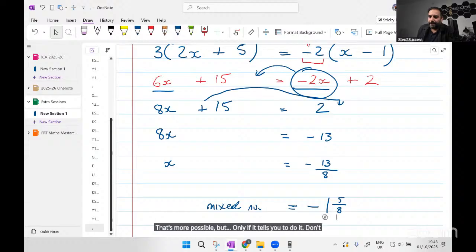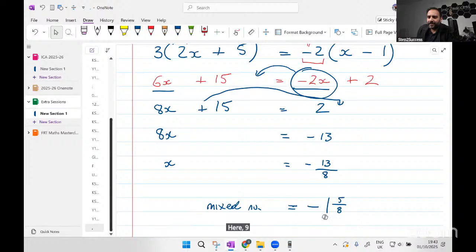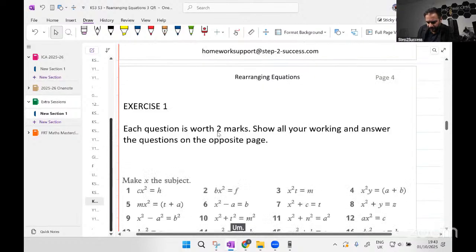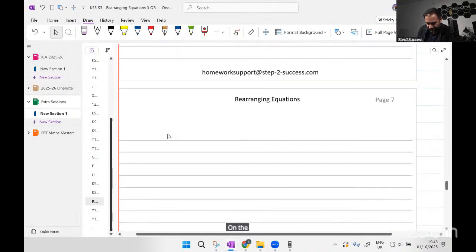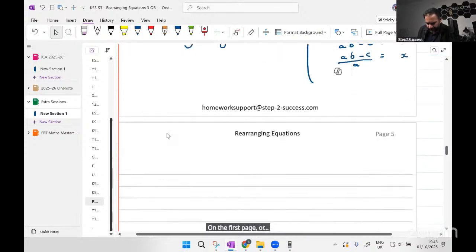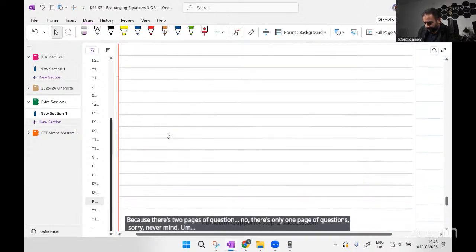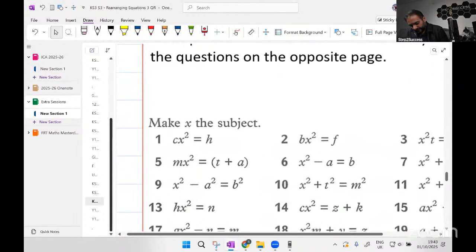Don't know how I would do it. Question 5, yeah, 9. Yeah, 9 booklet. Okay, that's okay. Okay, in booklet 3, question 5. Are you asking me for question 5 on the first page or maybe the second page? There's 2 pages of question. Oh no, there's only 1 page of questions. Sorry, never mind. Okay, I thought there were 2. So question 5 says